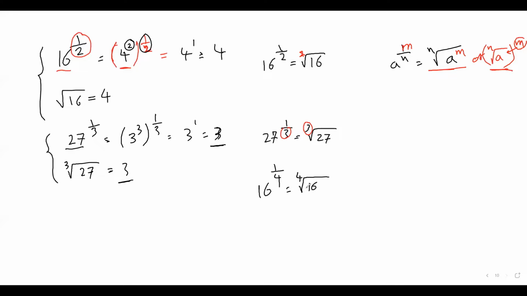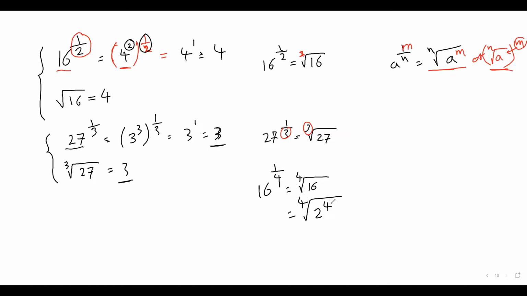That's one way. And basically the answer would be 2. Let me skip one step. You can write 16 as 2 to the power of 4, and we have the fourth root,